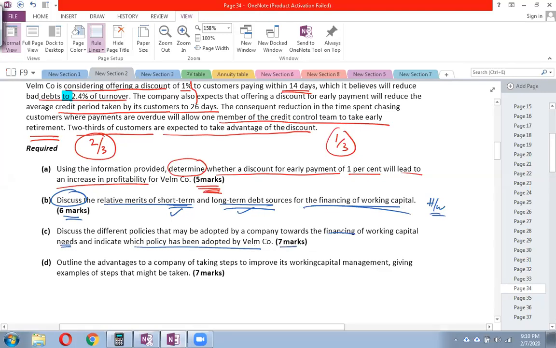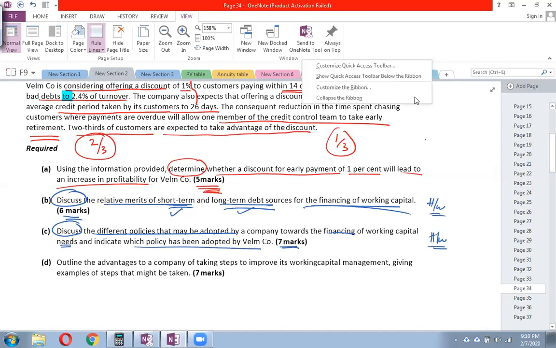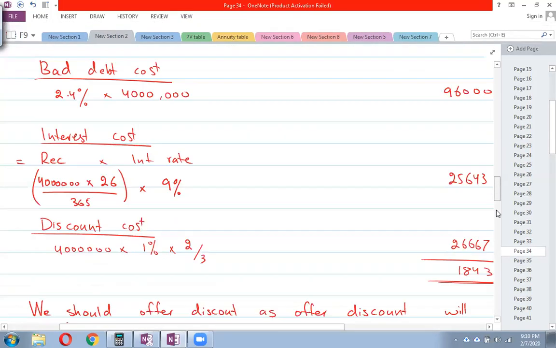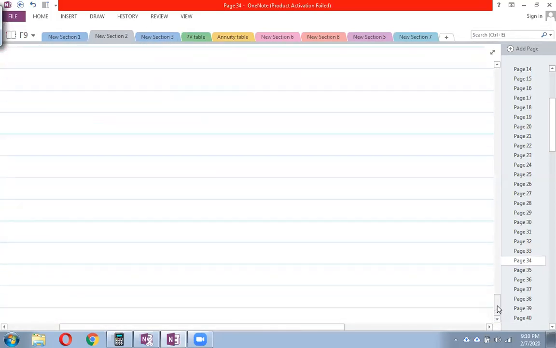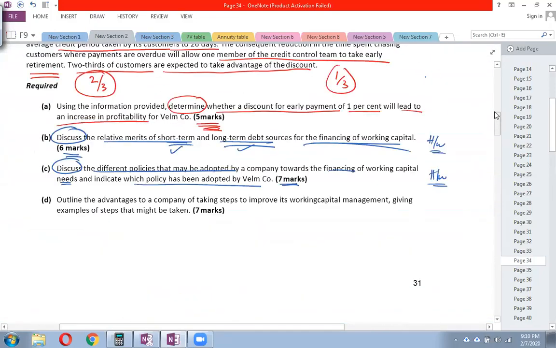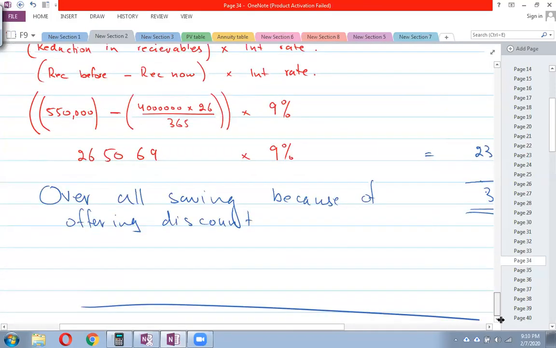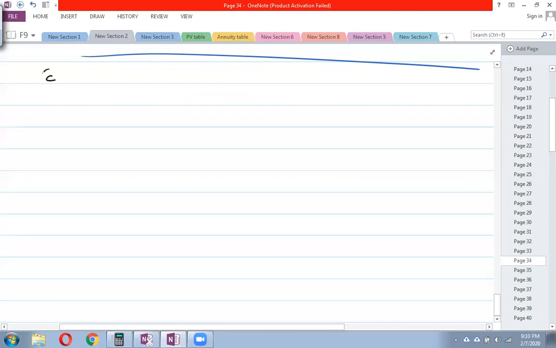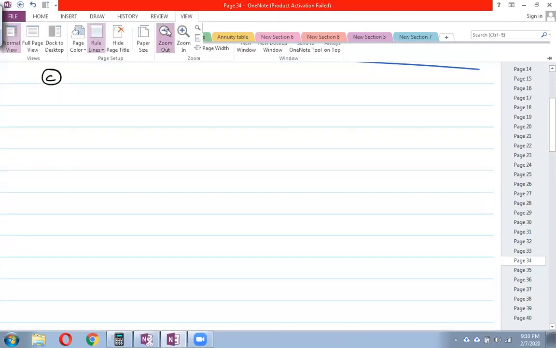Now, for a 7 marker question, again, that is your homework, but I'll help you with this. Discuss different policies that may be adopted by a company towards financing working capital. You have to discuss 3 policies, and then you have to say which policy is followed by Velmco. Now, that's a challenge. So, how do you find the calculation? So part C, you're going to start with headlines like